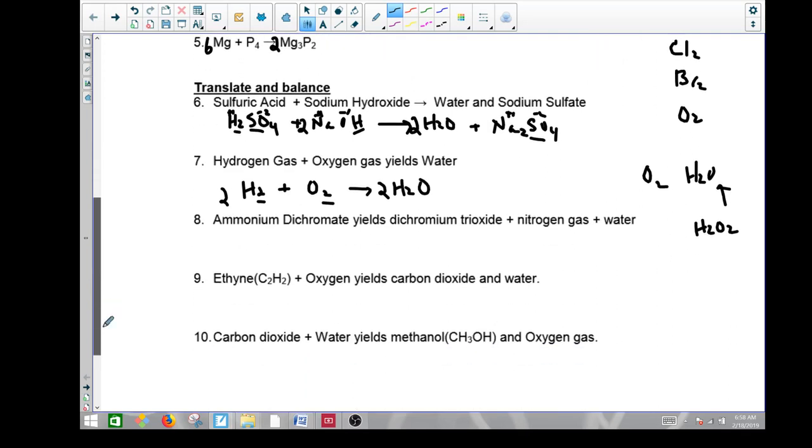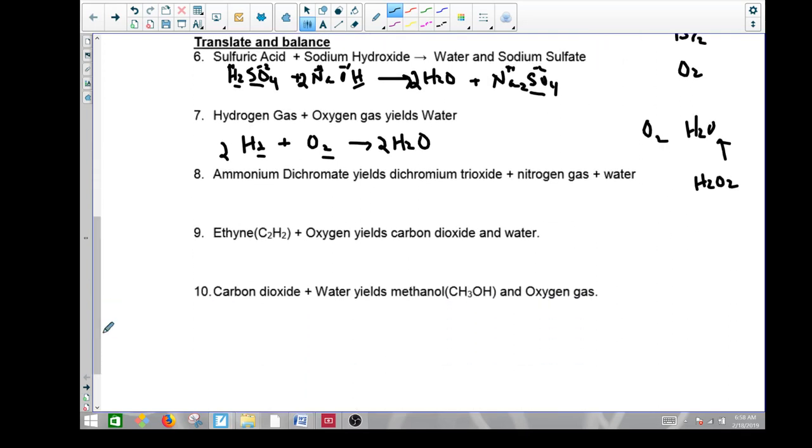Number 8. All right, let's do this burning one first. Ethylene. All right, so we have, just to show a combustion reaction, C2H2 plus O2 yields carbon dioxide and water. Now, combustion reactions, really any science teacher who teaches chemistry can throw you a chemical reaction that will be an absolute bear